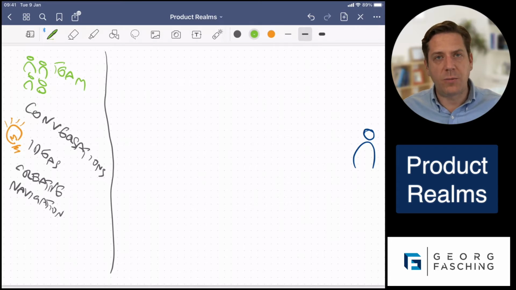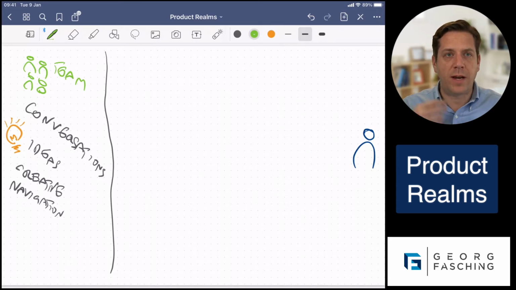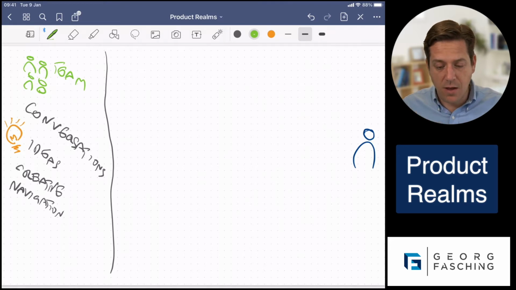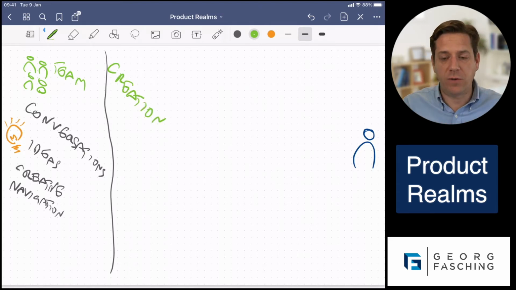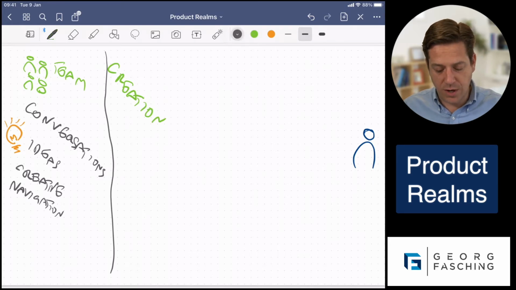Then we're getting a little bit more concrete. We're moving from ideas and conversations, intangible aspects, over to the first types of aspects that are becoming tangible. So here we are going into the realm of creation. So creation and creativity closely linked here, where we're starting to get more concrete.